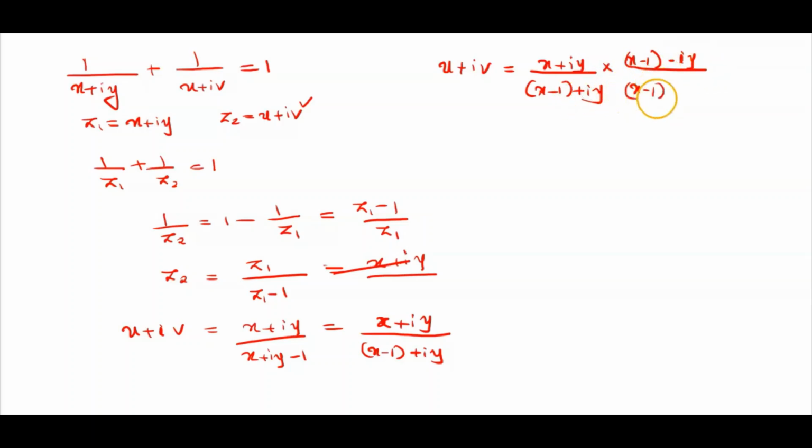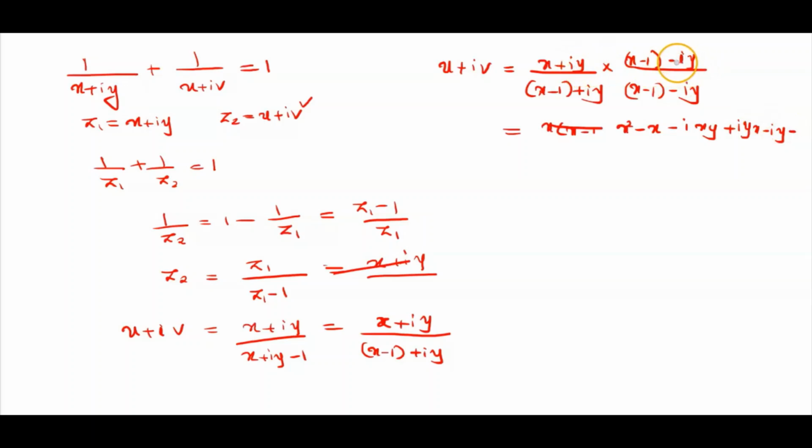So this is x minus 1 minus iy. So this is x into x minus 1, that means x square minus x, minus i into xy. Now plus i into y into x minus 1, that is yx minus iy, and